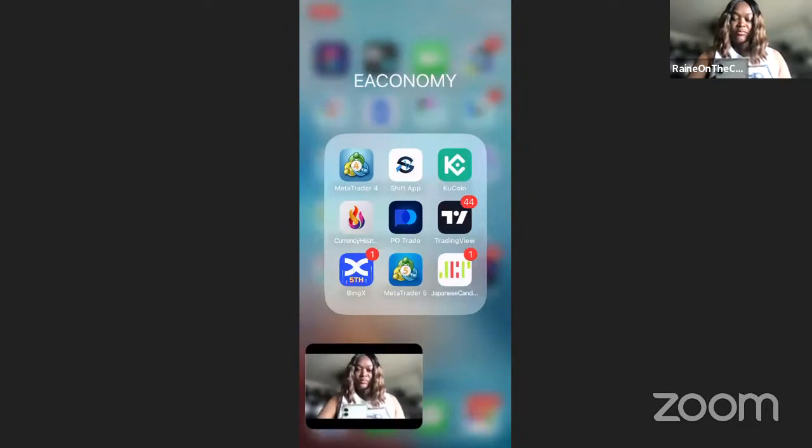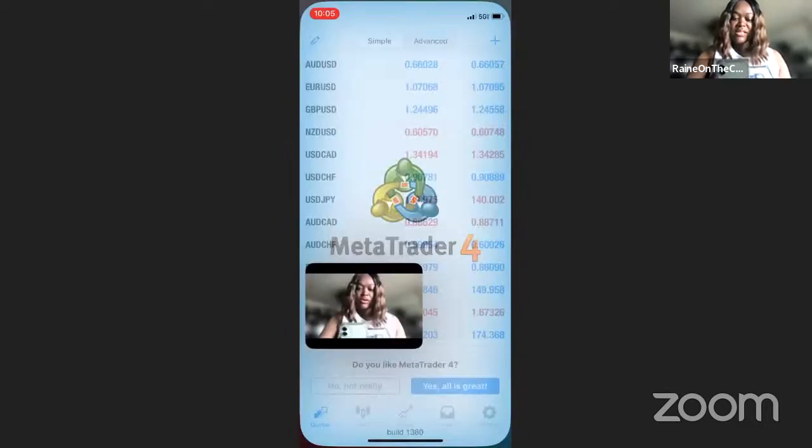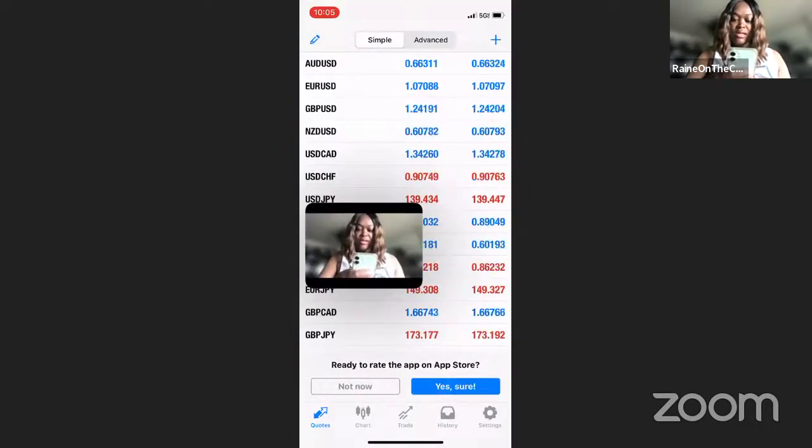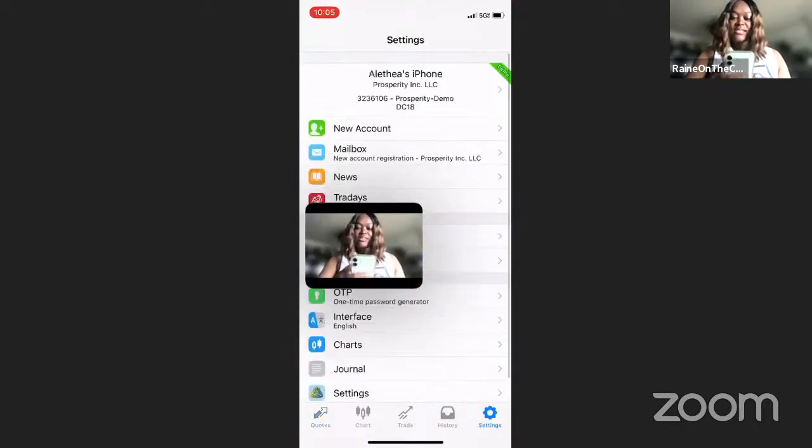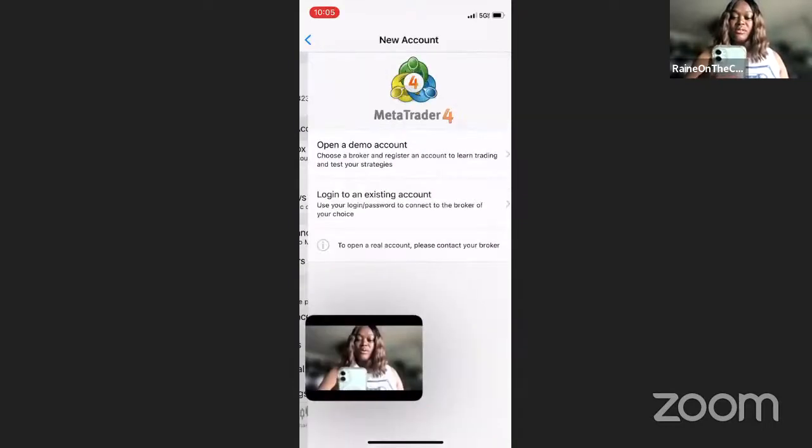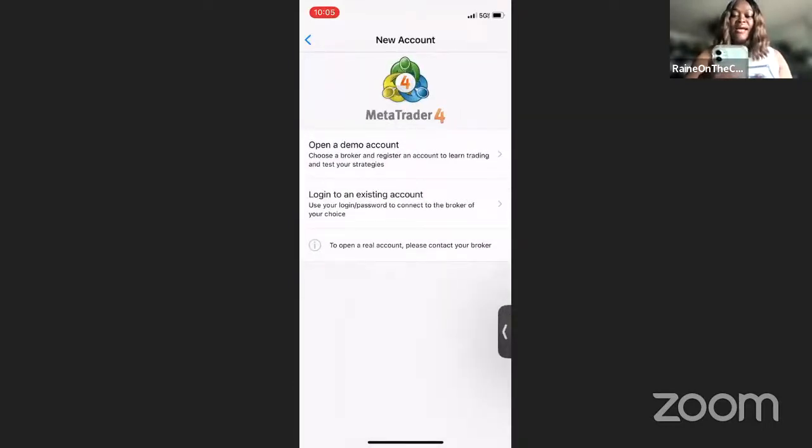So go to the MetaTrader 4 app. You're going to go to settings and you would have set up your broker directly on the broker's site. And then to connect your broker, you can go to new account